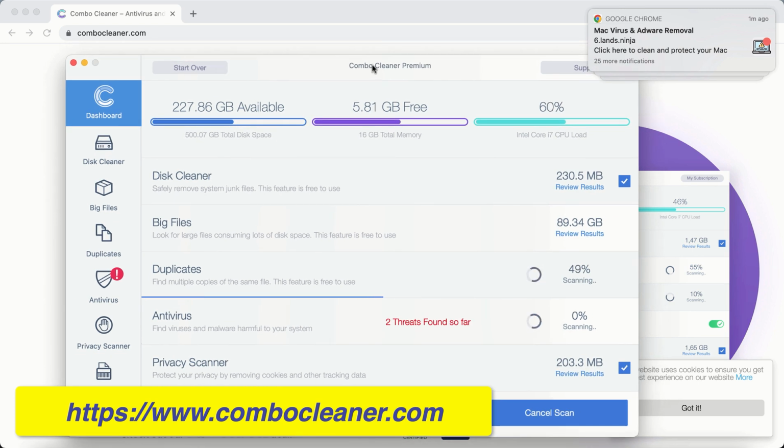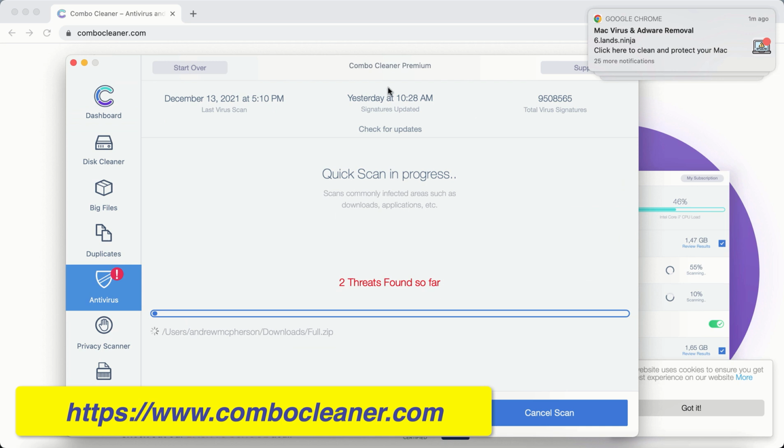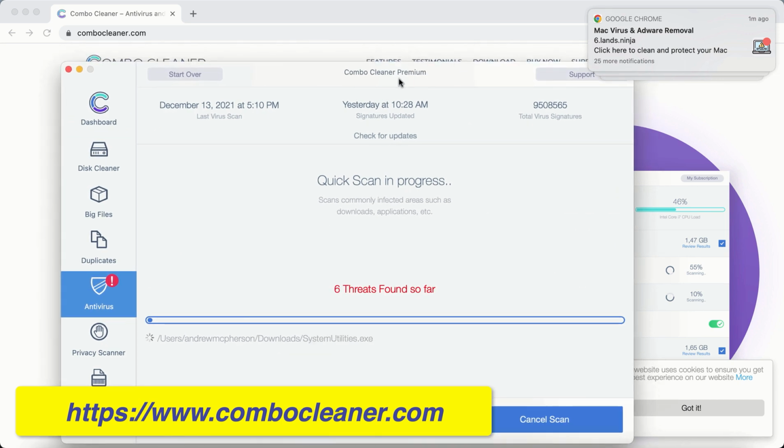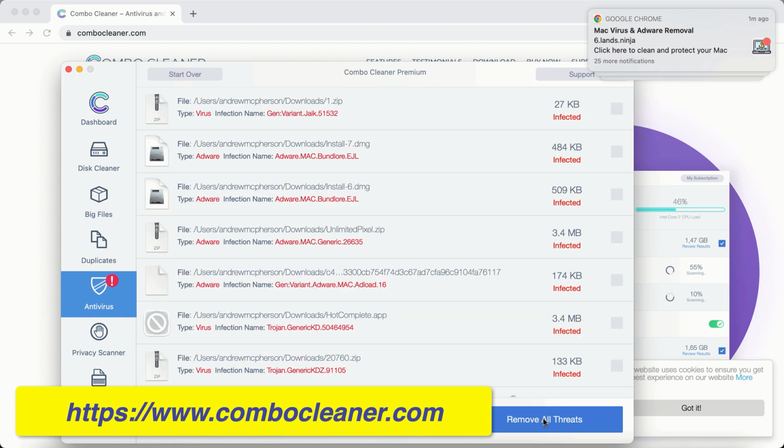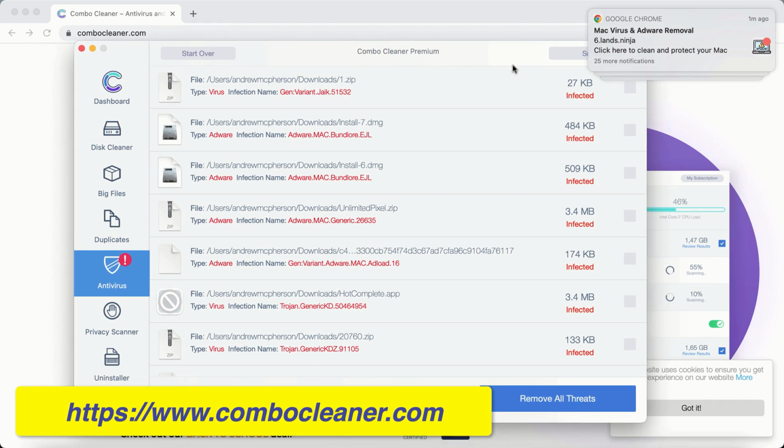Combo Cleaner is powerful enough to detect and delete threats like adware, browser hijackers, ransomware, all sorts of unwanted pop-ups, browser redirections, online scams, and other threats. At the end of the scanning, you will see the full summary of all the threats which were found. You will be able to know their locations, but I recommend that you consider upgrading to Premium as the best solution to